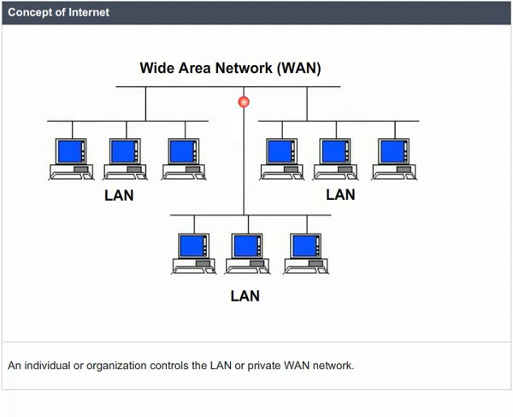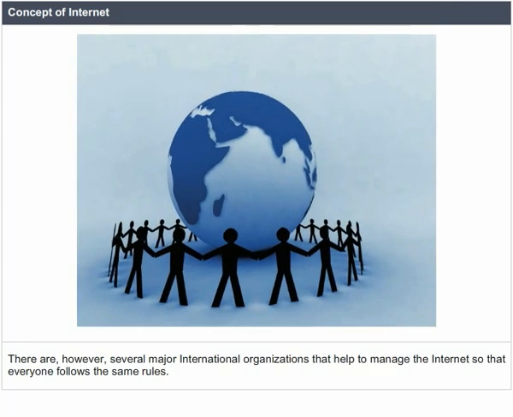An individual or organization controls the LAN or private WAN network. The Internet is a conglomerate of networks and is not owned by any individual or group. There are, however, several major international organizations that help to manage the Internet so that everyone follows the same rules.